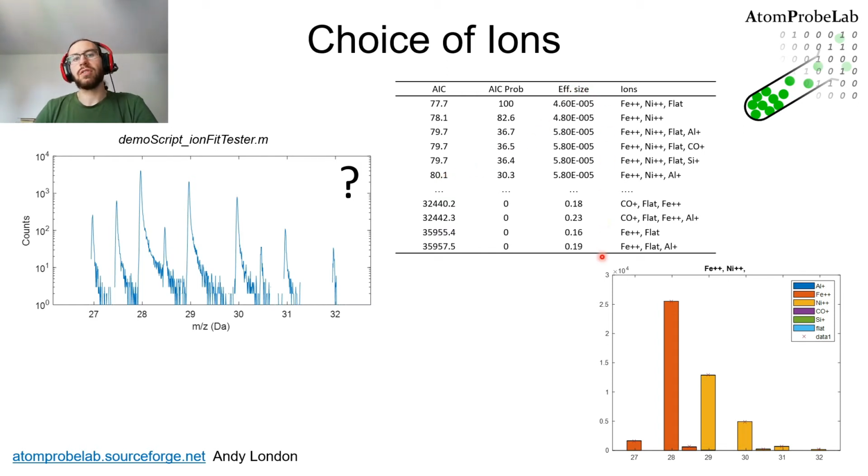Using the effect size gives you an actual quantification of how good the fit is, and you can look at the other goodness of fit objects, and you can choose your own metric for deciding how good the fit is. And you can see there's actually a couple of different choices here. The actual data is iron, nickel, and it should be silicon, but there's a very, very small amount of silicon here. And what that shows is that